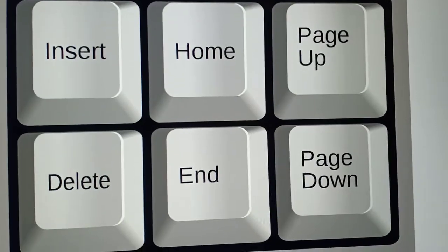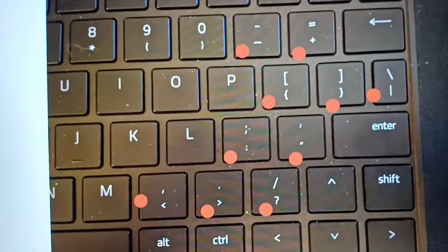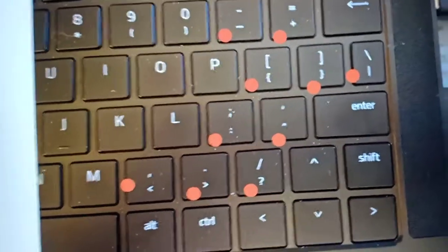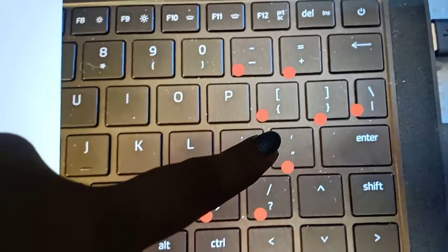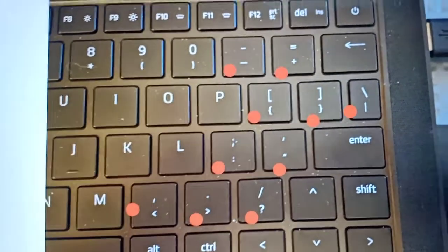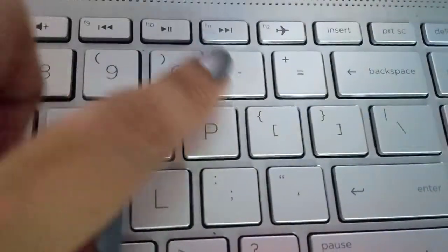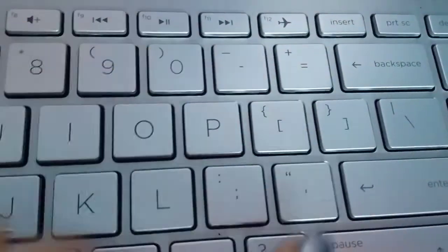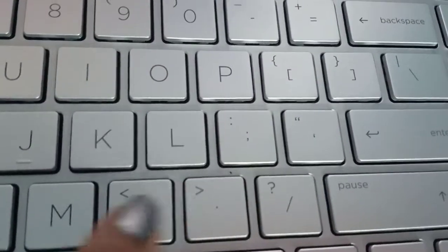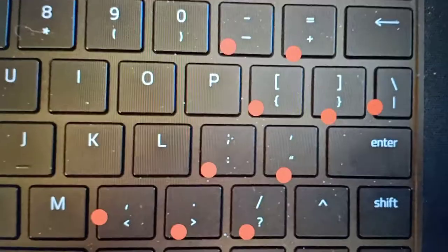Besides this, we have some punctuation keys. See, the red dotted marked keys are the punctuation keys. See here, these are the punctuation keys, that are the symbolic keys. These are the punctuation keys, means symbol keys.